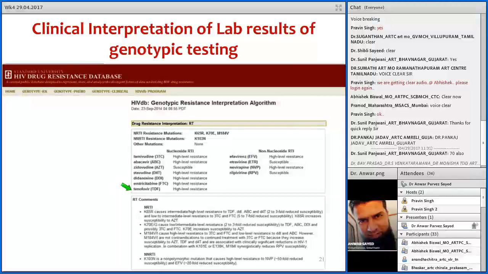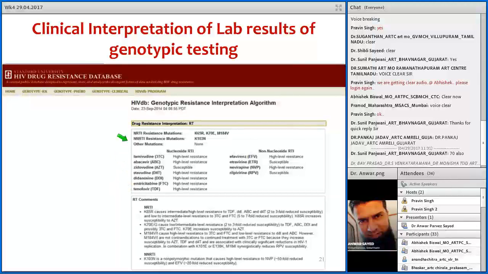Only in cases exposed to multiple drugs and multiple NRTIs, who may have exhausted all the available drugs, in those reserved situations we might need this because we have limited options. So in this scenario, the program approach is best for a country like us,